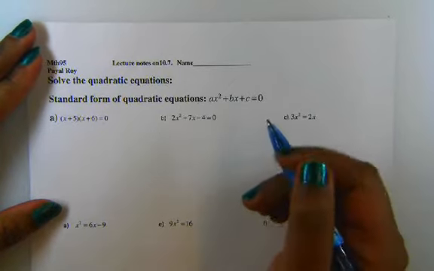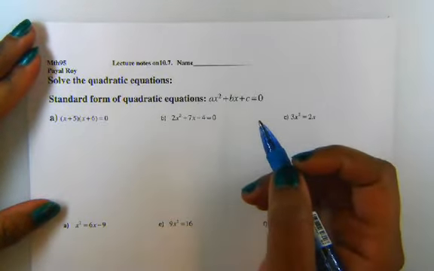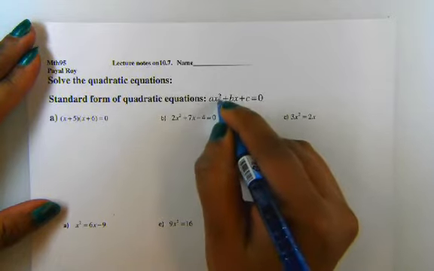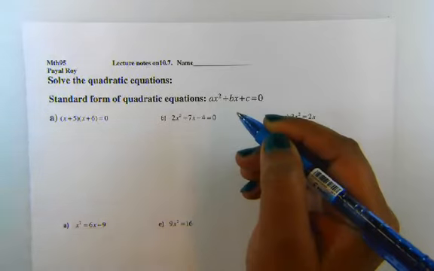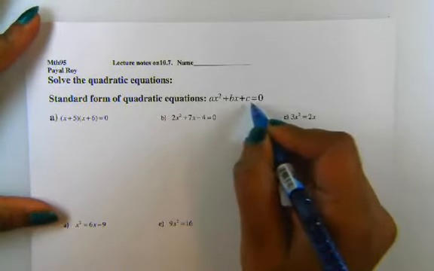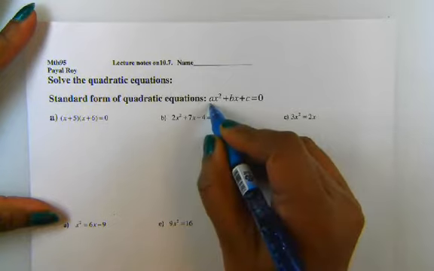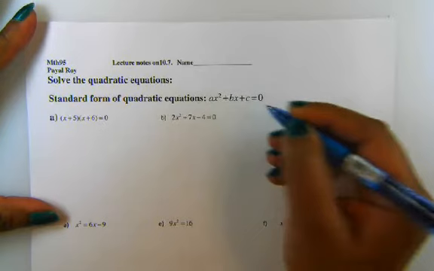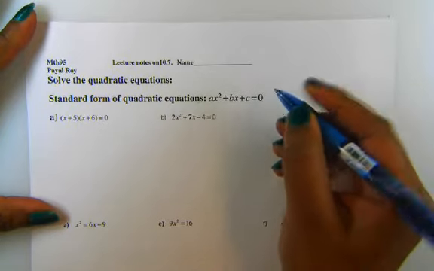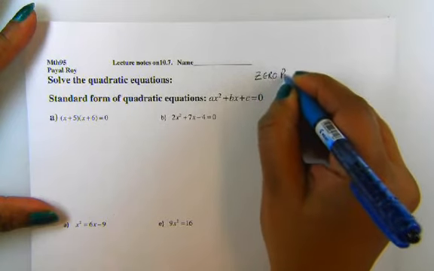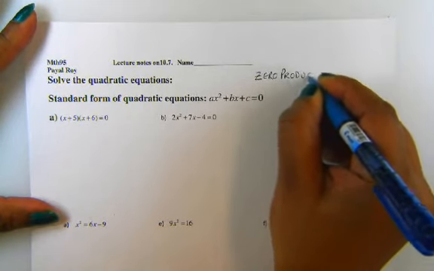So we will be starting to solve quadratic equations. A quadratic equation means an equation where the highest exponent of your variable is 2. In order to solve a quadratic equation, we will be using the factoring skill. So we will be factoring a quadratic equation into its factors and then use the zero product property,